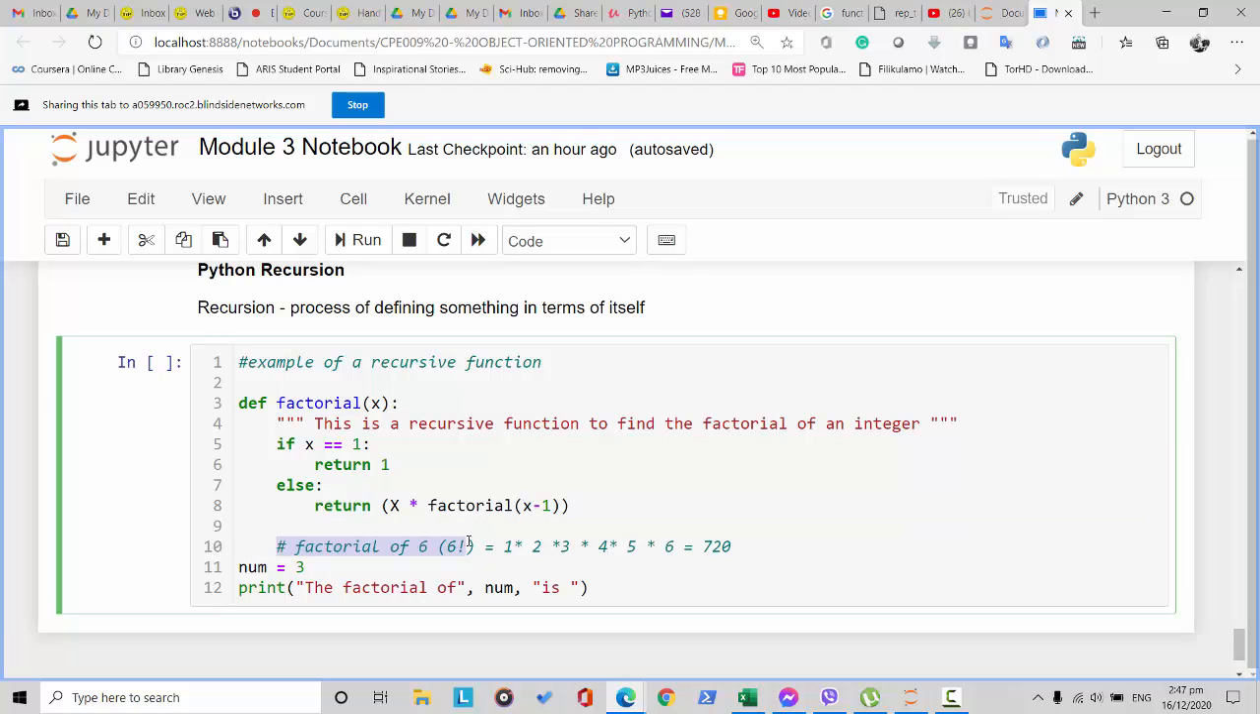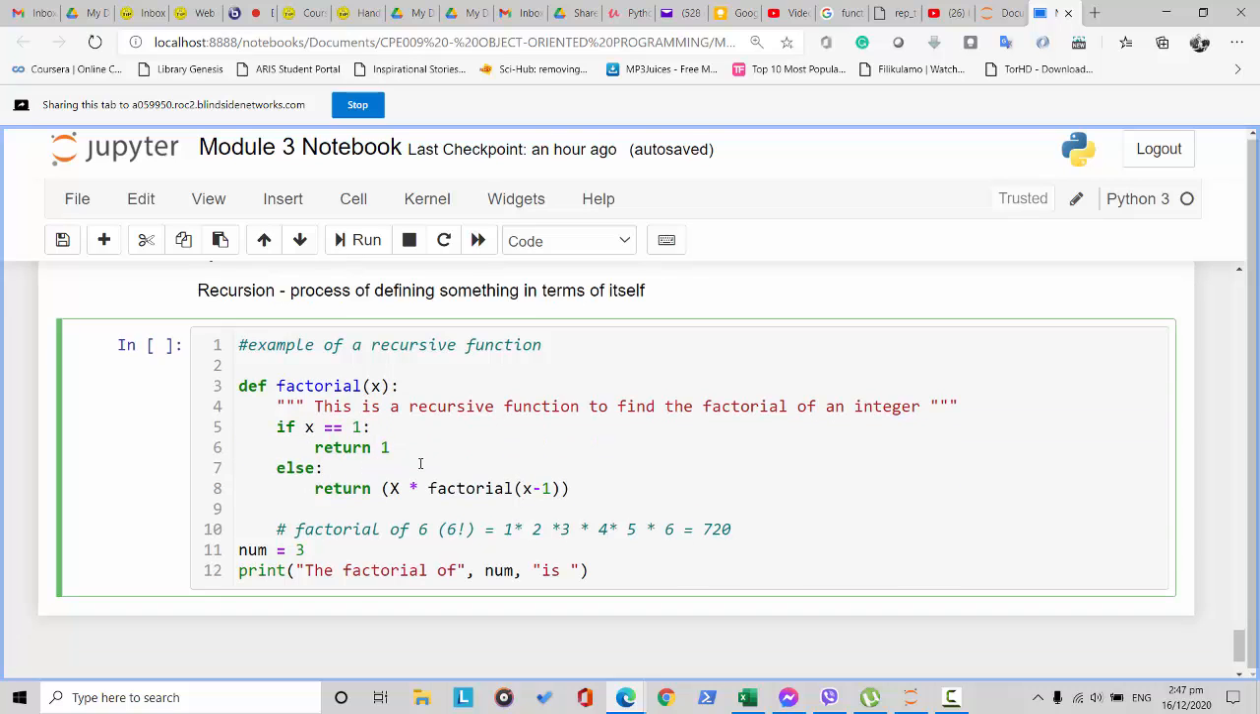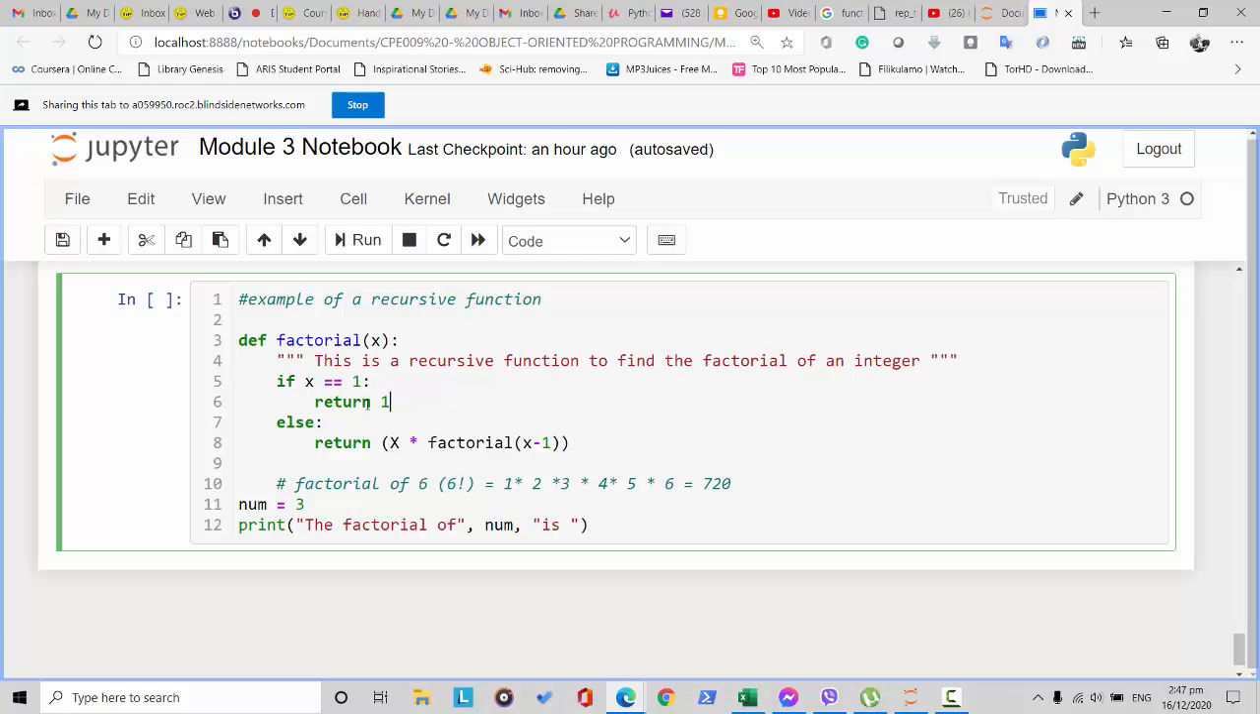I gave an example here that the factorial of 6 is equal to 1 times 2 times 3 times 4 times 5 times 6, which is equal to 720. So this is the content, the body of the function that we created. It says here that if x is equal to 1, we will return 1, no? That means when we input 1, for example, it will return 1 because the factorial of 1 is 1. Okay? Else, if the number is not equal to 1, say 2, 3, 4, etc., it